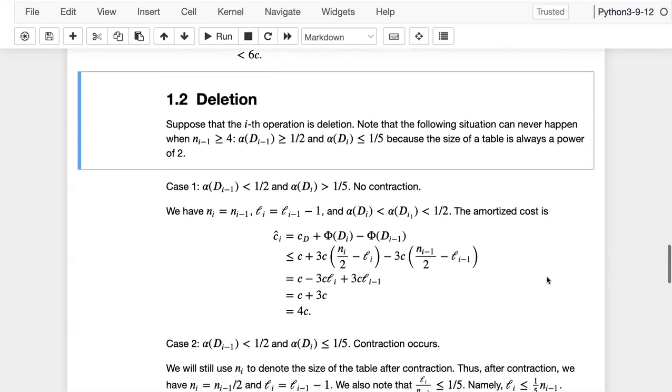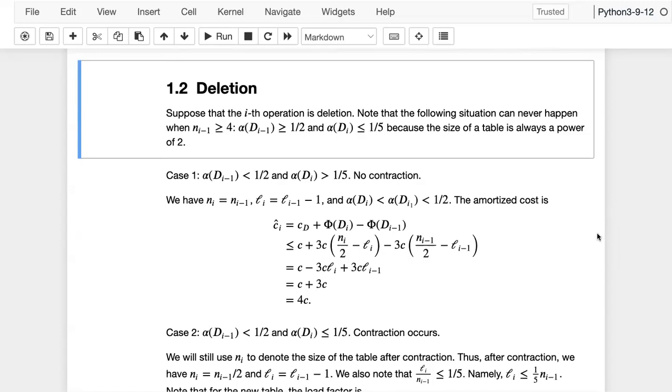Now let's look at deletion. Suppose that the i-th operation is deletion. Okay, so again, we know that the following situation can never happen. Which means that before the deletion, the load factor is at least 1/2, but after the deletion, the load factor suddenly